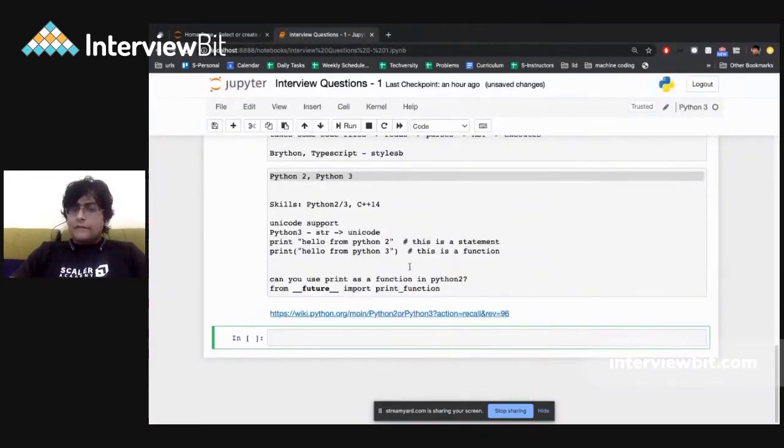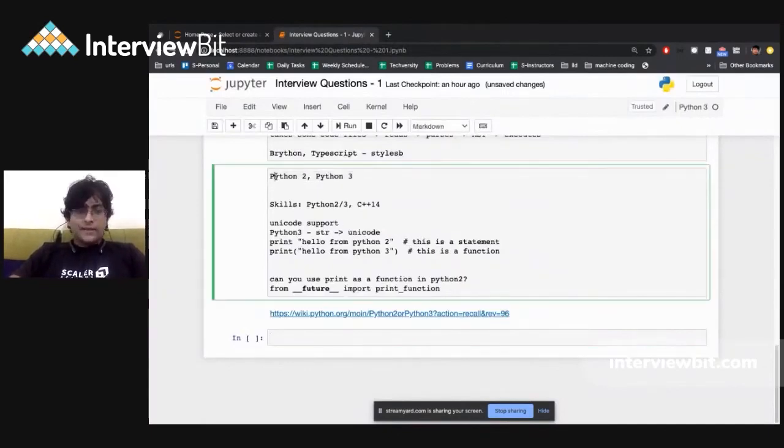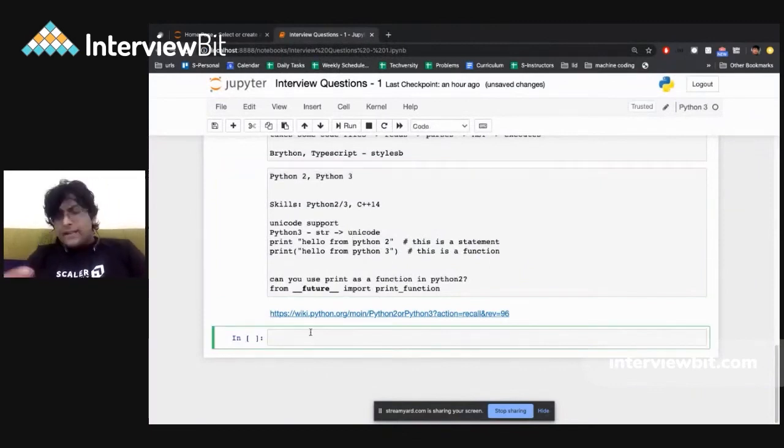and Python 3. Now that we know that we have two versions, Python 2 and Python 3, which Python version do you think we should use? Well, Python 2 is kind of dead. Python 2 is no longer supported. There are no more security updates coming for it. So we should always use